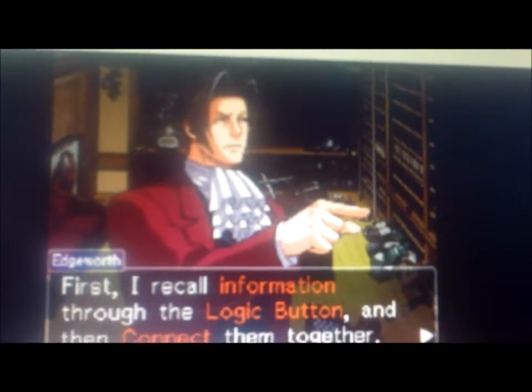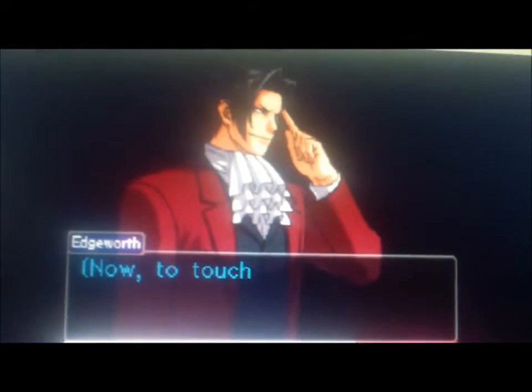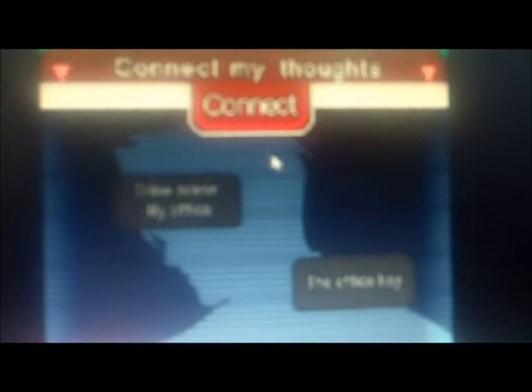First, I recall the information through the logic button and connect them together. Okay, so you can see you can press the logic button here. And when you think you have things you can connect, all you gotta do is, well, connect them.